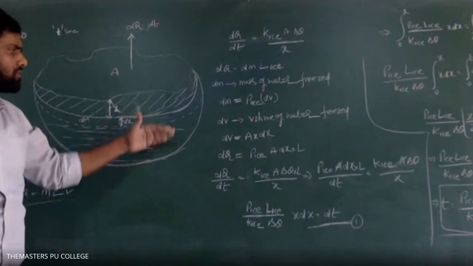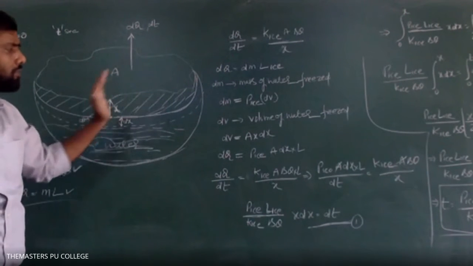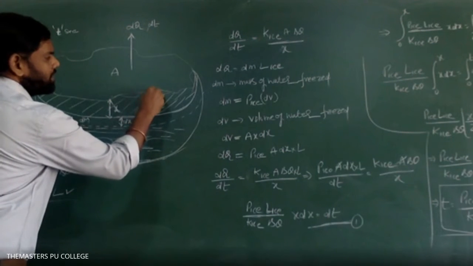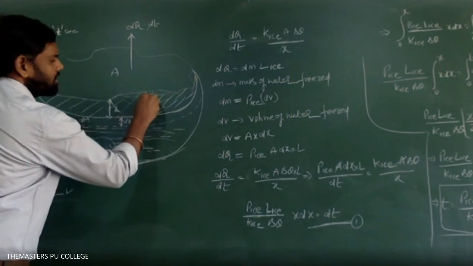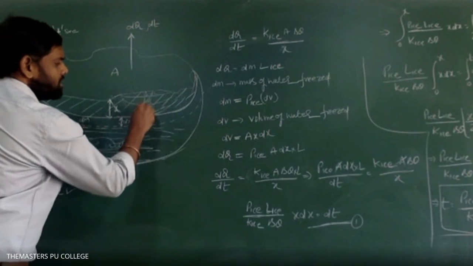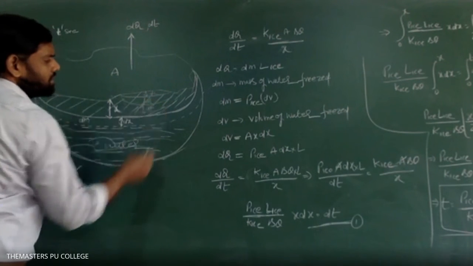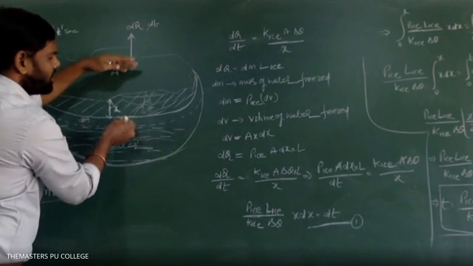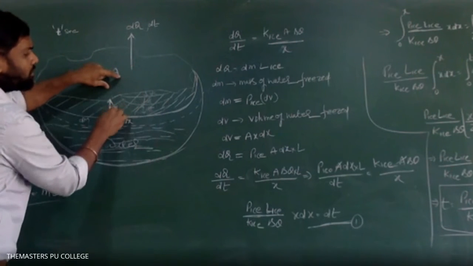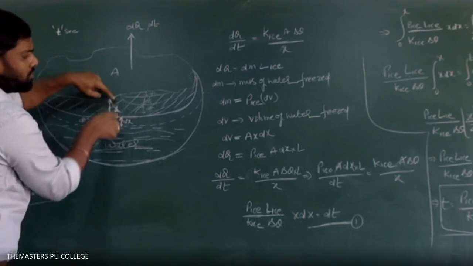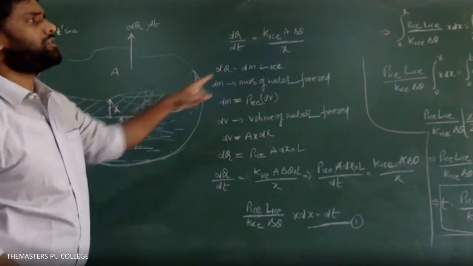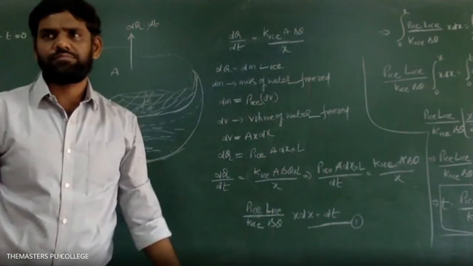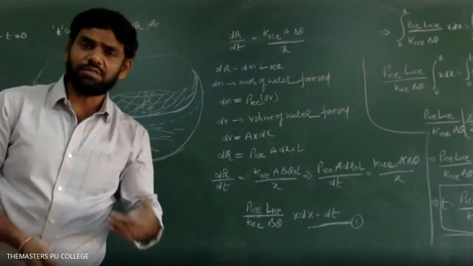So it is not a constant process, it is a step by step process. That's why we considered growth dx and calculated the time dt. Again, to grow dx, we calculated the time dt. When all the small time intervals are added, we get the overall time to grow the ice layer thickness from 0 to x. In mathematics, integration performs the same operation of addition, and that's why we went with integration.